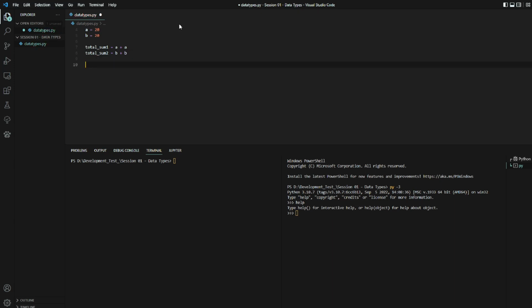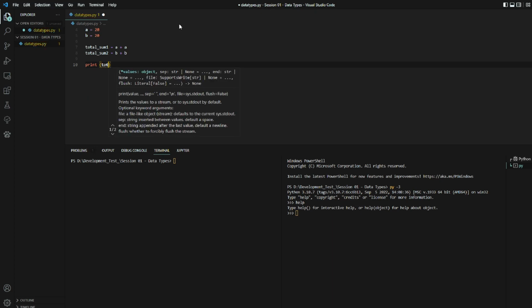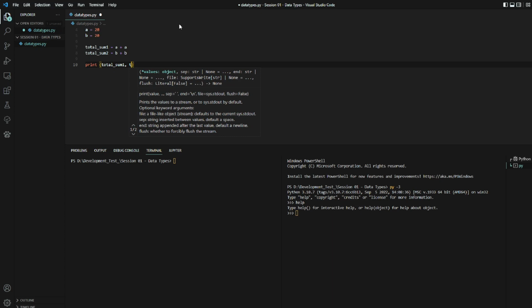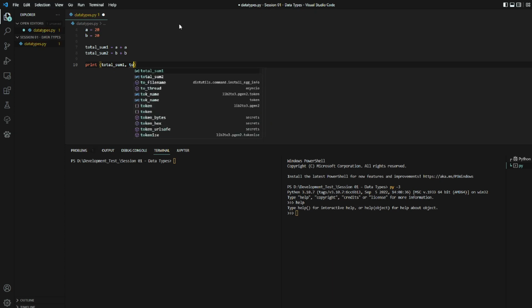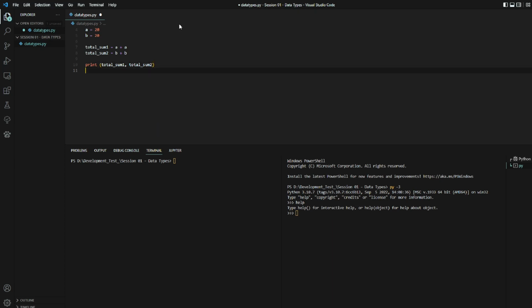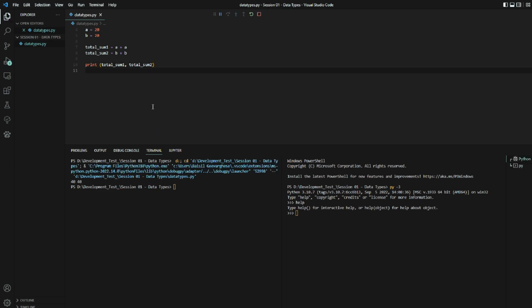Okay, so if I print total sum comma total, as I showed before, you can print multiple variables by using the print function and separating each variable with a comma, right? So what happened? So you can see